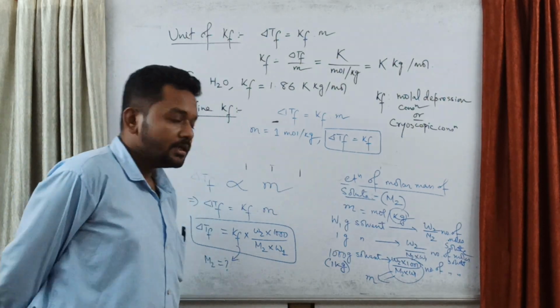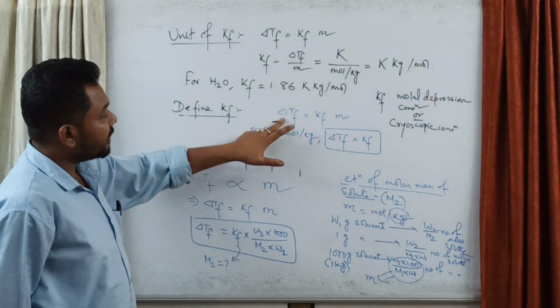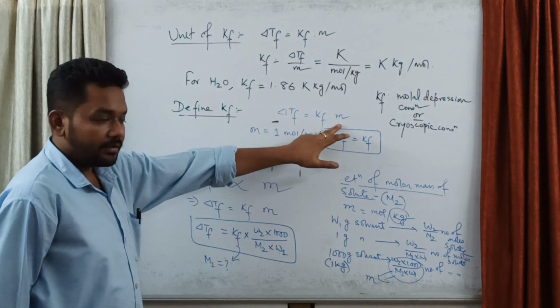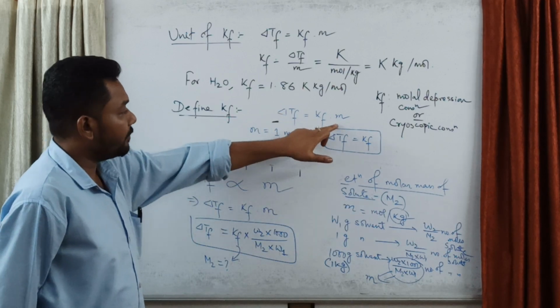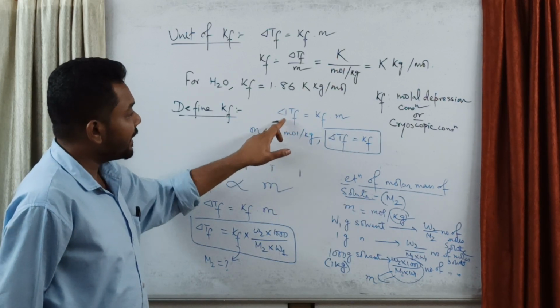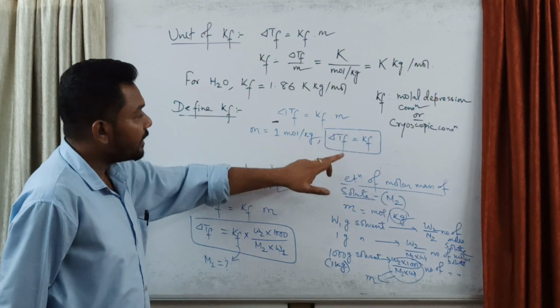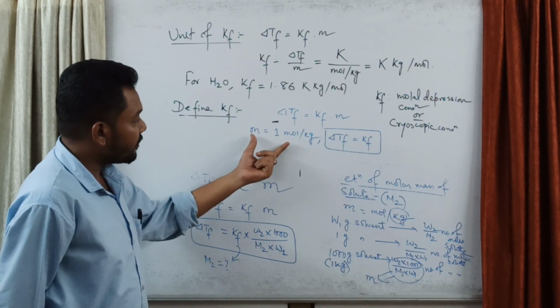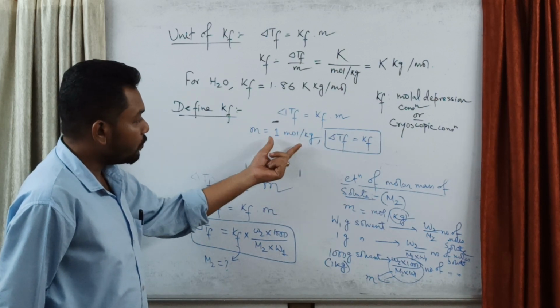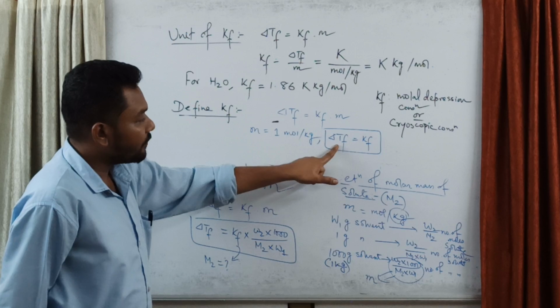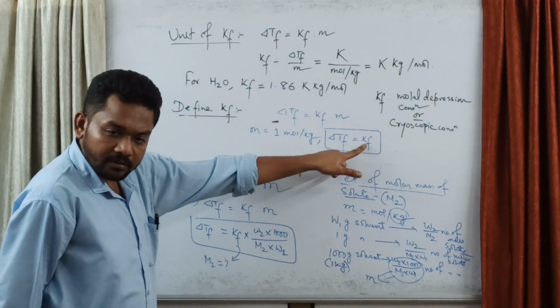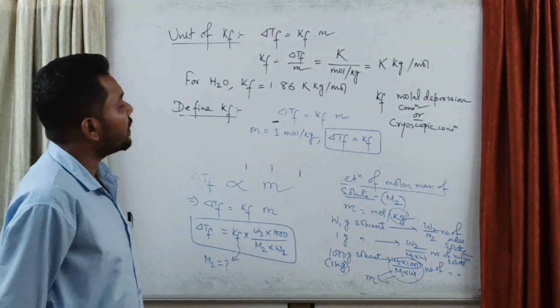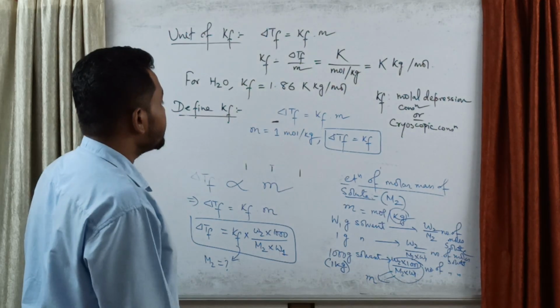বোঝা গেল জিনিসটা তাহলে? Then আমরা কি দেখলাম, delta TF equals to KF into M, this is the relation. If I put M equals to 1 then delta TF becomes KF. তার মানে আমার যদি সলিউশনের কনসেন্ট্রেশন, that is molality, 1 mole per kg হয়, then the depression of freezing point will be molar depression constant. Okay, so definition is clear. Now we are going to focus